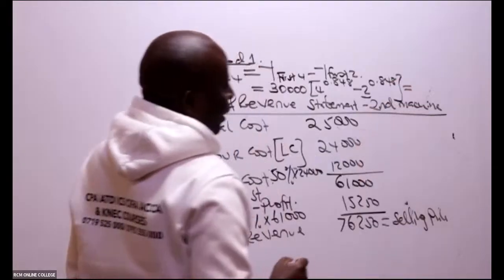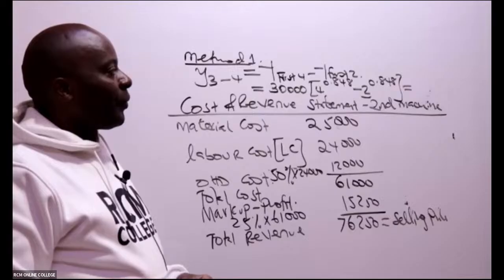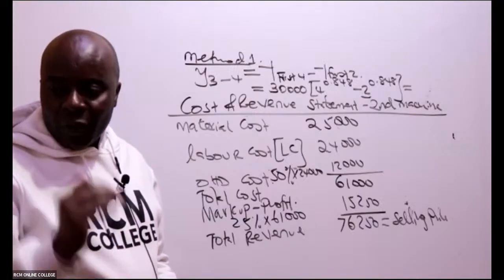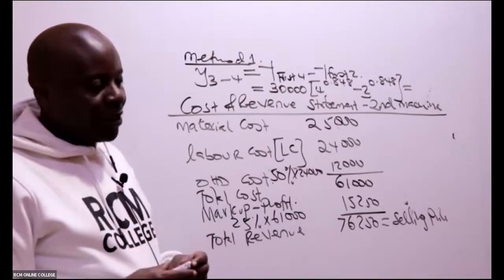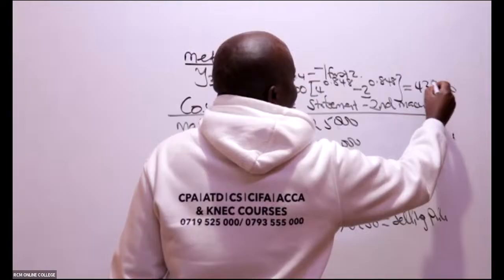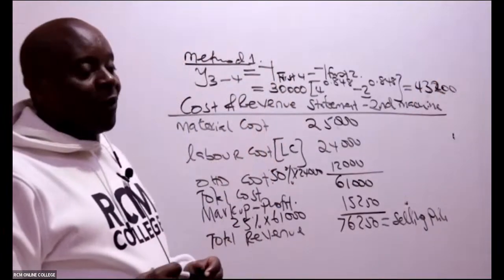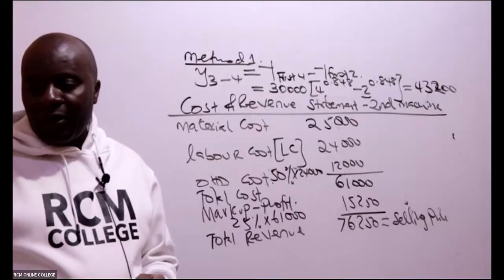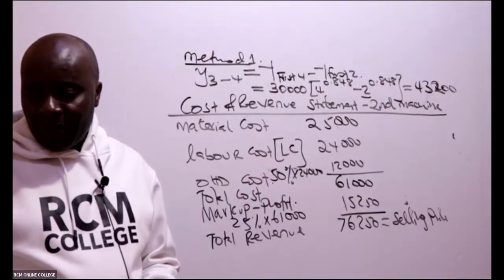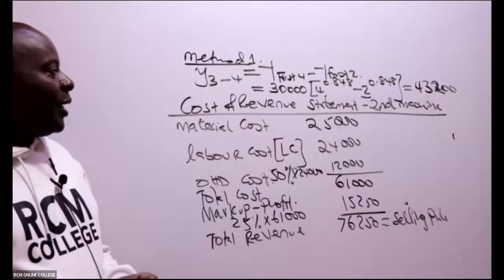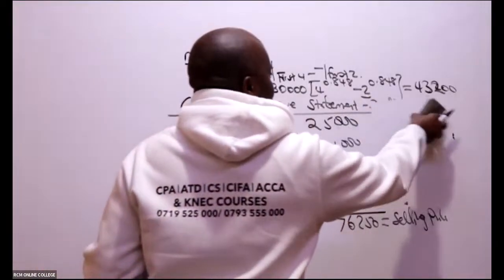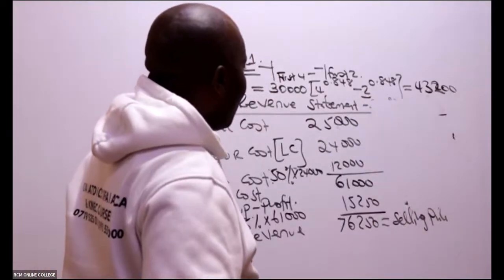Is there somebody who is able to give me this labor cost? So first of all, I'm getting labor cost for machines 3 and machines 4. I combine, 43,200. So we have here 43,200. I don't know whether Maggie has been able to catch up. Maggie, have you been able to get that value? 43,200. Yeah, great. Then now we do the cost and revenue statement. I will not rub mine, but I'll just come and make some adjustment here. So here, great, Maggie. So now we have here the third and fourth machine.